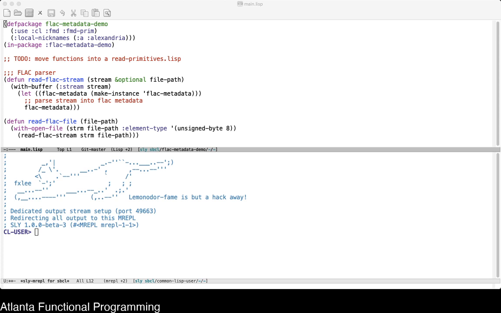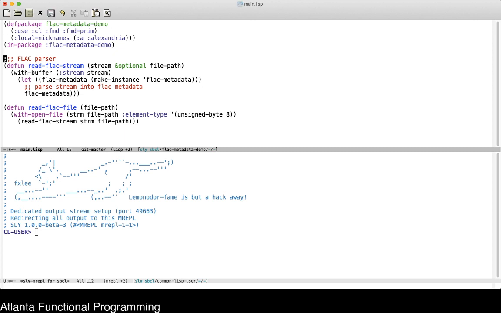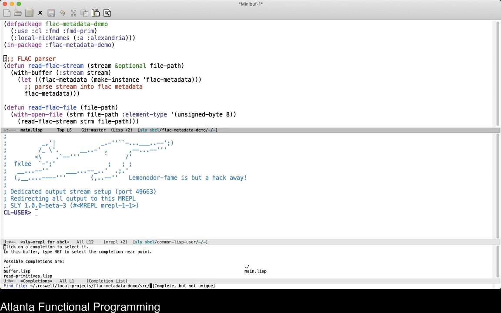I went ahead and did some cleanup, primarily moving stuff around. Actually, it looks like I forgot to take out this comment here. I created a couple of packages and exposed the internal functions that we wrote in those packages, like primitives and stuff. If you look in that directory, there's read primitives, which will give us